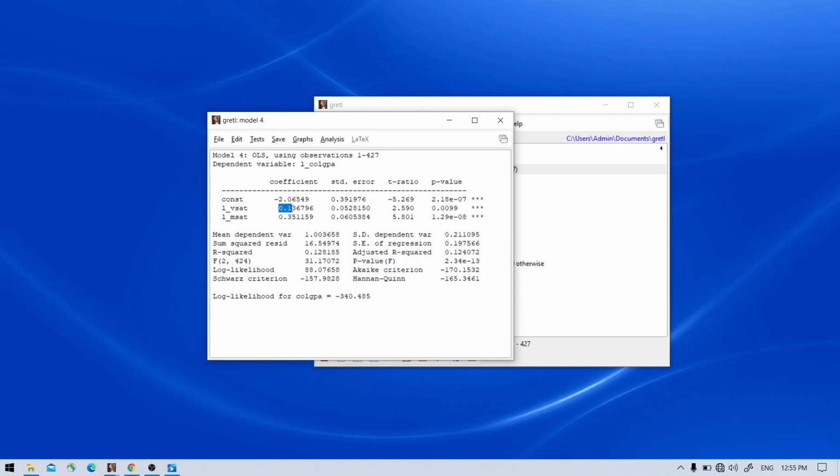Now we have something a little bit easier to understand. A log-log model means that a 1% increase in the verbal SAT score corresponds to a 0.14% increase in college GPA, while a 1% increase in maths SAT score corresponds to a 0.35% increase in college GPA. So it's a percentage change in one of these variables affecting the percentage change in the college GPA. Looking at these coefficients, about 0.14% and 0.35%, we can conclude that maths SAT scores are more important in determining